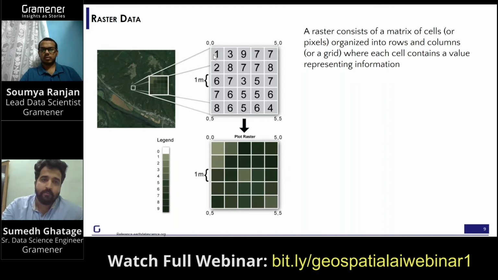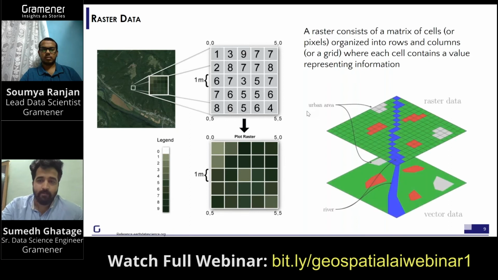So this particular place might be called i, j, like first row, first column, first to second column, that way. Each pixel gives us a certain value. One grid has only one value, and that gives us information about that particular area. And these pixel values, or the resolution, matter.